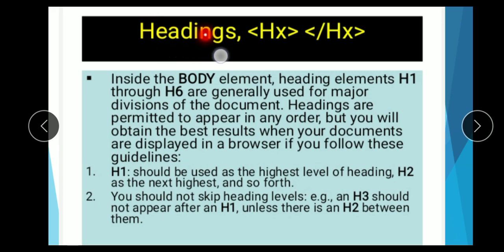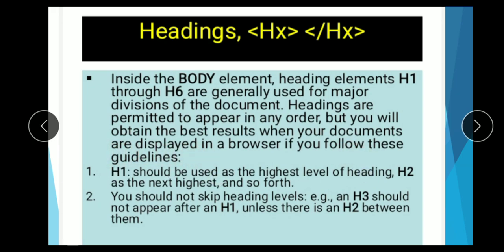Next one, the headings. For headings, inside the body element, heading statements H1 to H6 are generally used for major divisions of the document. Headings are permitted to appear in any order, but you will obtain the best results when your documents are displayed in the browser if you follow these guidelines.